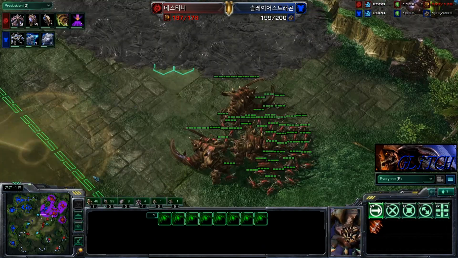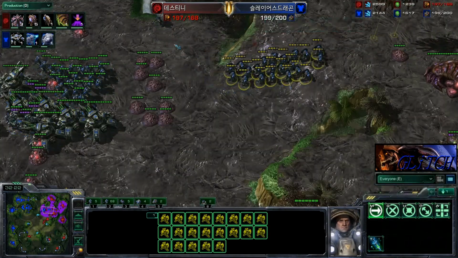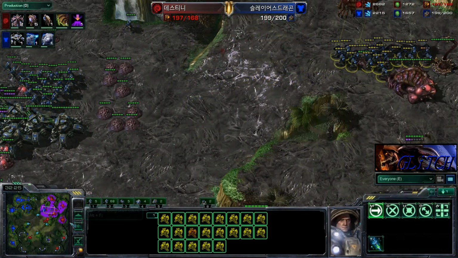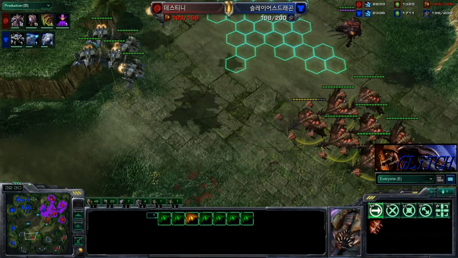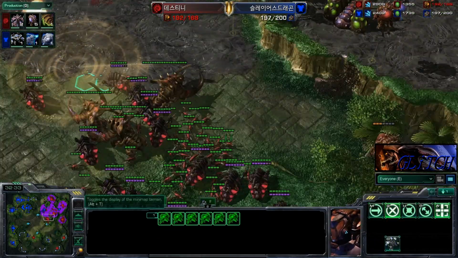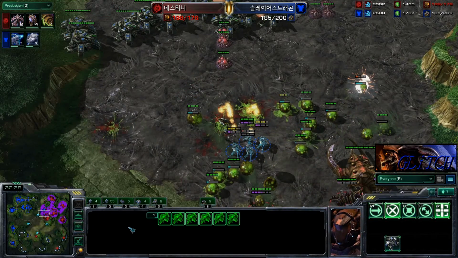be so cost effective. Now Destiny is doing an interesting thing here as Dragon is moving up, stimming in small groups of Marines to come attack. Destiny has actually decided to split his army. Broodlords are now moving down, but oh no, they're being cut out of position by all these Vikings. These Vikings are going to be able to do quite well against all of these units here from